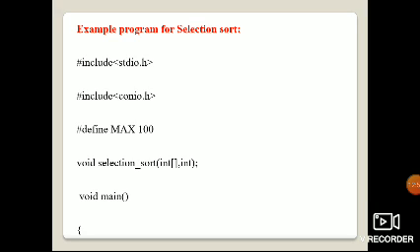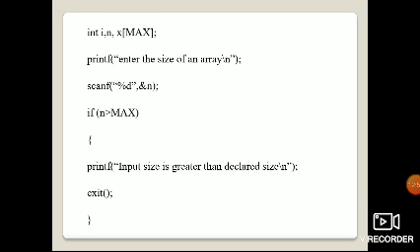Void main, the main program started, that is x of maximum size. What is the maximum? 100 I gave it. Instead, you can give 5 or 6 elements if you need. I is for the increment purpose, and next n values, how many elements I need, and the x of max is an array declaration.